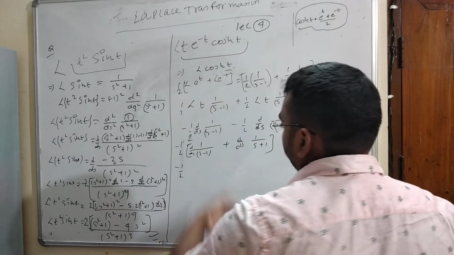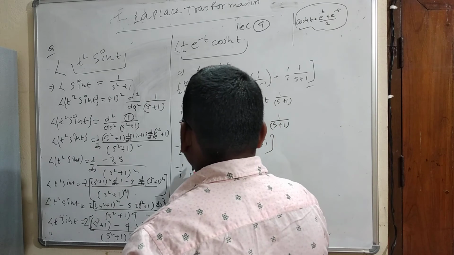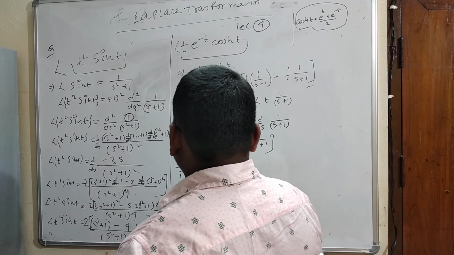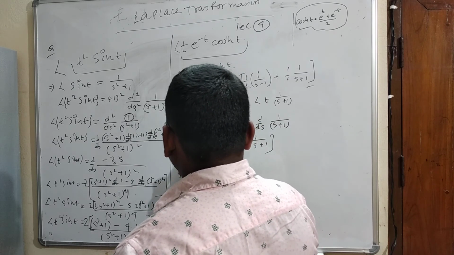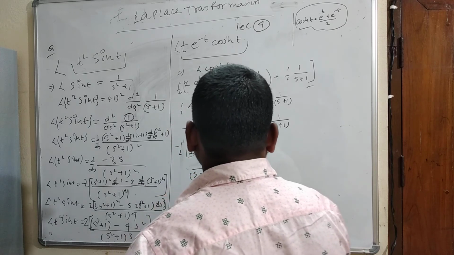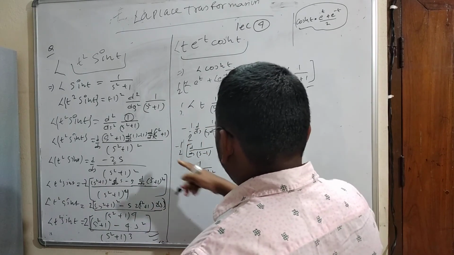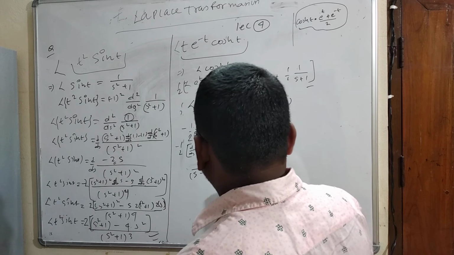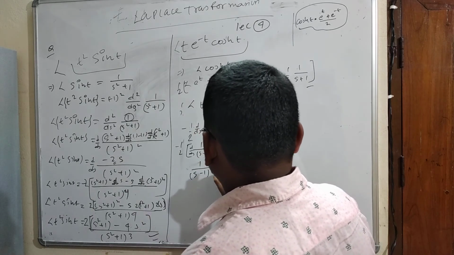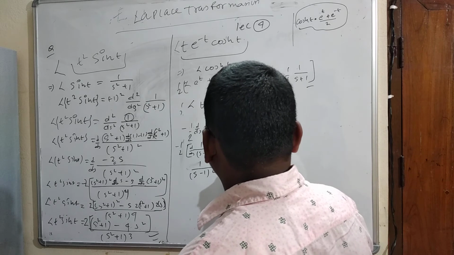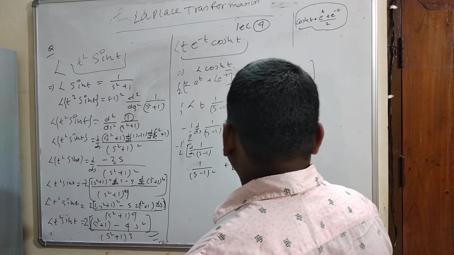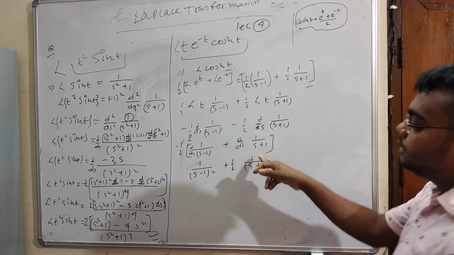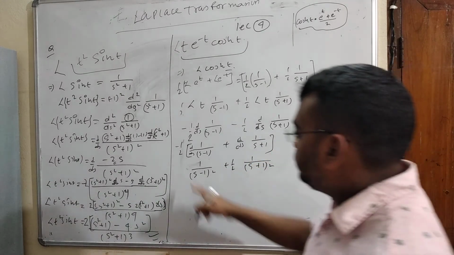If we go to the differentiation, it will be 1 upon s minus 1 whole square, and the differentiation of s minus 1 is 1, so it will be minus 1 only, isn't it? It will be plus 1 by 2. And here again it will be plus, isn't it? It's already minus, and if you multiply with half, it will be plus half, 1 upon s plus 1 whole square. If you take the derivative of this, it will be s square plus 1, and if you use the u by v rule, you get this function.